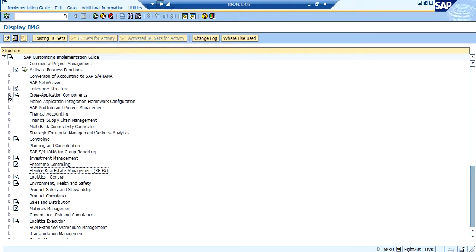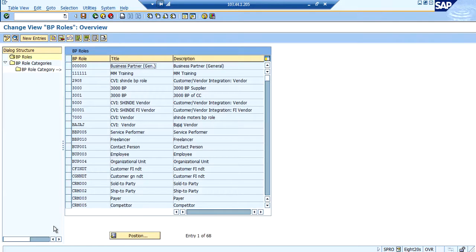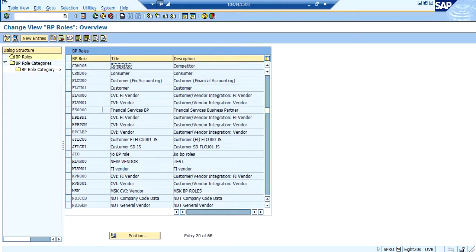In order to do so, one has to go to cross application components, SAP business partner, basic settings. In that, one has to define business partner roles. Here there are a lot of roles that already pre-exist, which in most cases will be used.